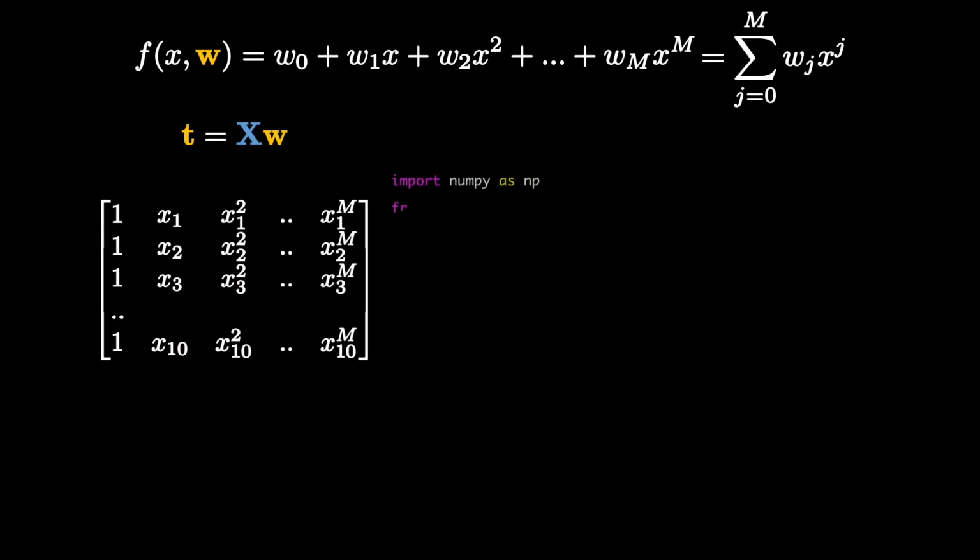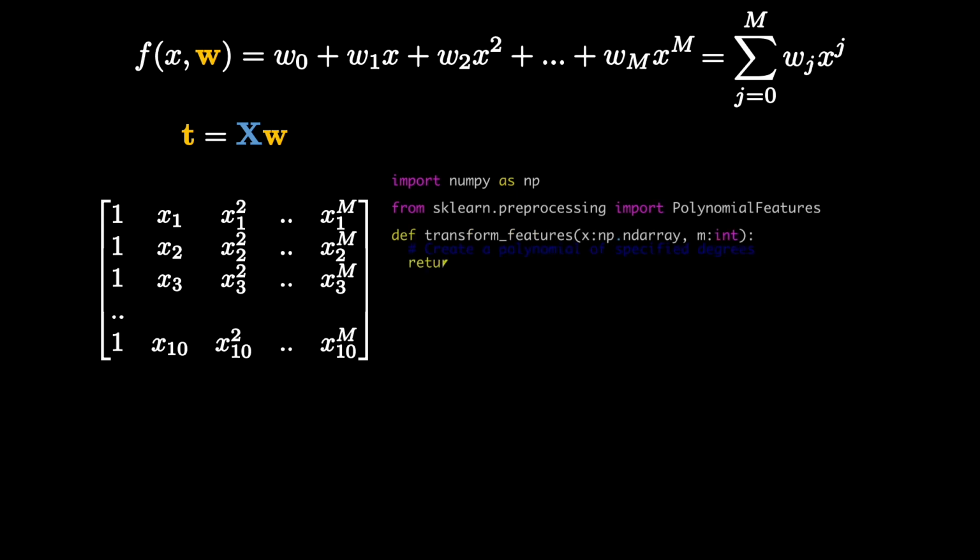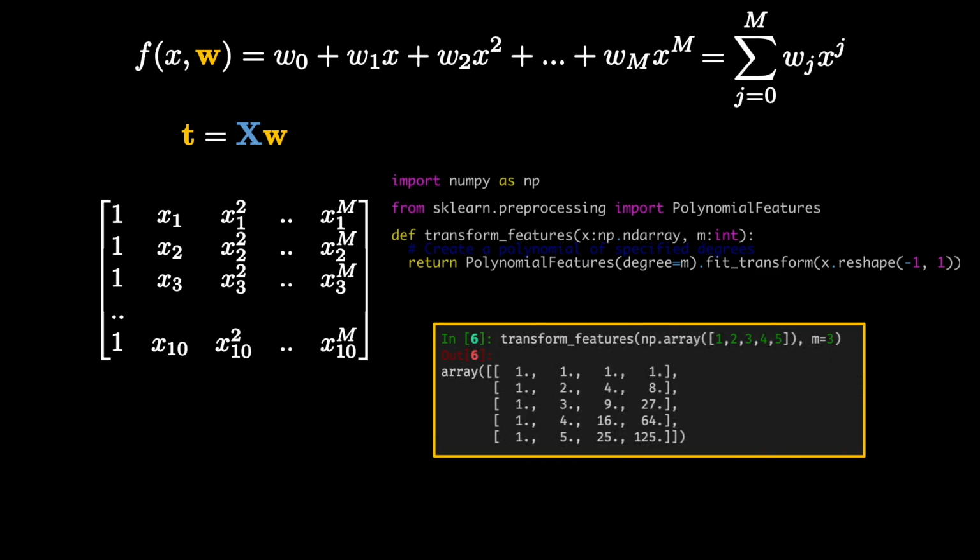Using a built-in class in scikit-learn called PolynomialFeatures, you can specify to this class up to which degree you want your design matrix. Here is a simple example of execution of this function. By the way, note that there is another terminology now for the independent variables. We are now calling them features. This is the preferred term in modern machine learning. So I might use the words features and independent variables interchangeably.